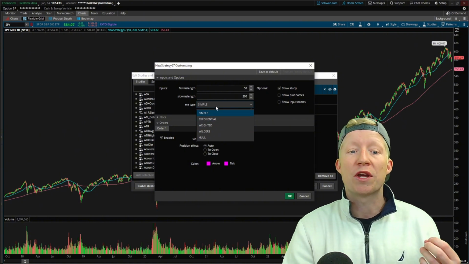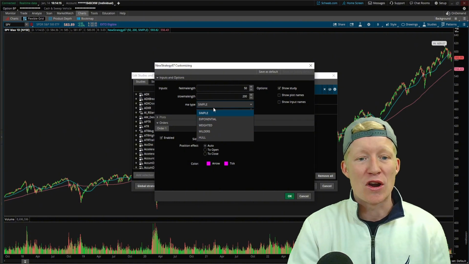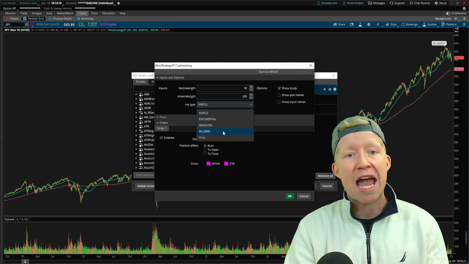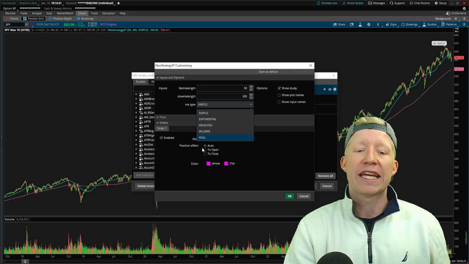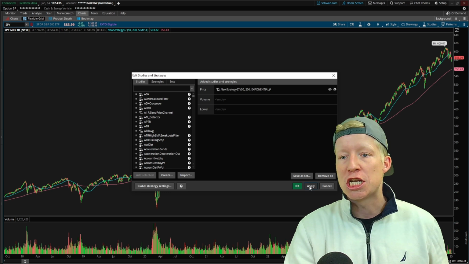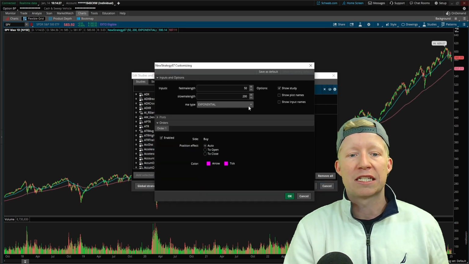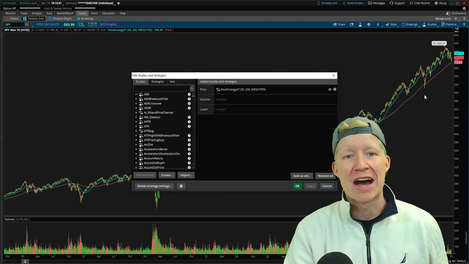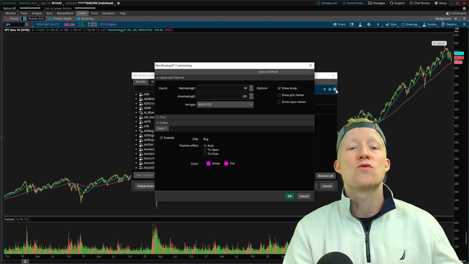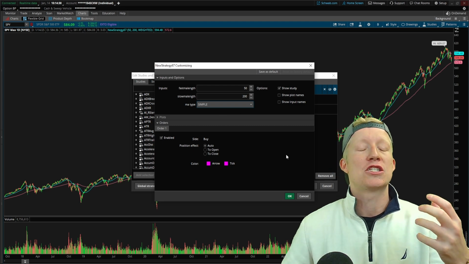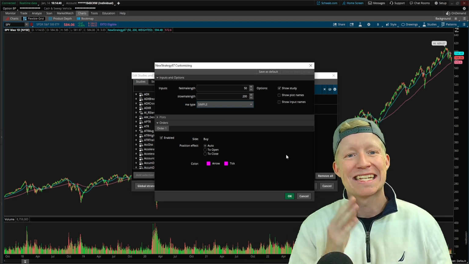Once again, since we use that average type reference, now we have all the constants stored within the average type data structure available in our dropdown. So instead of simple, let's change it to exponential, and you'll notice the lines change a little bit. Let's change it to weighted, and you'll notice the lines change a little bit. So once again, you now have this input parameter that you can utilize to quickly optimize and test what works